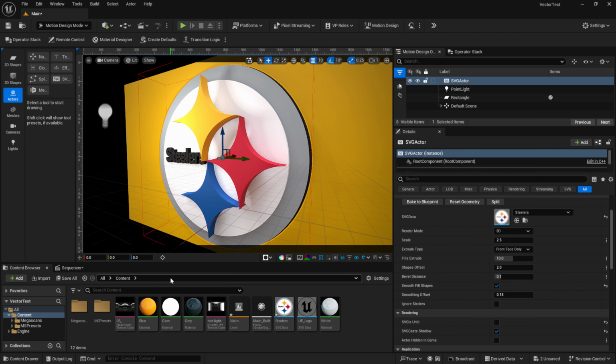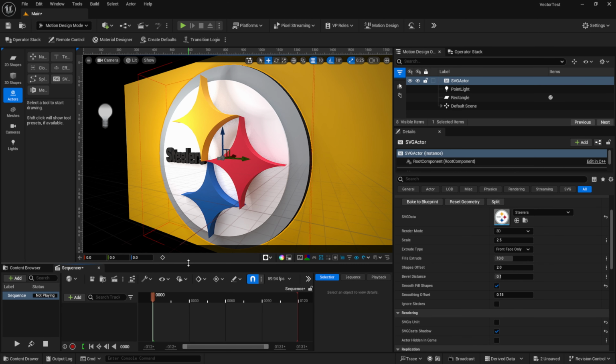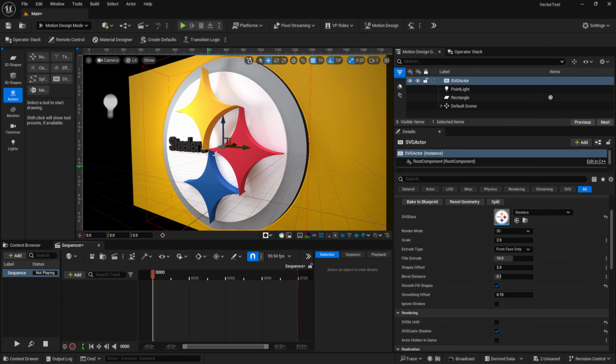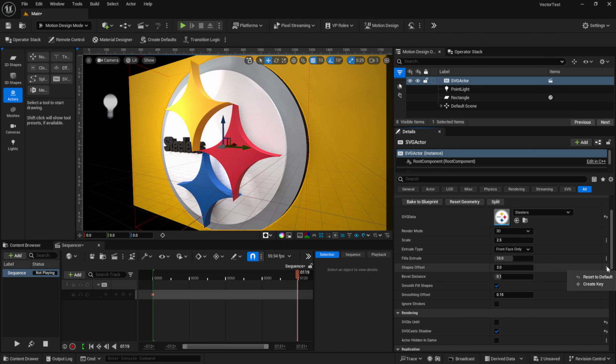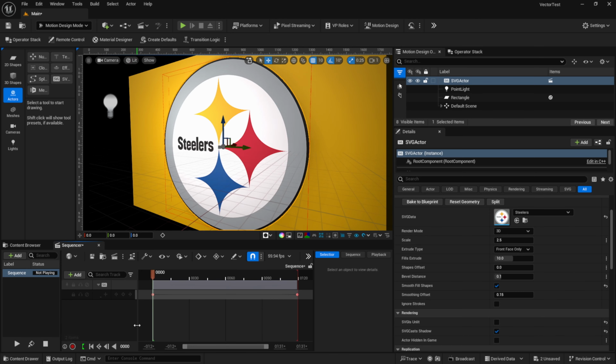So I'm going to come down here into my sequencer, left click, let's bring it up a little bit, and let's say we want to keyframe the offset. So I'm going to take the offset all the way down to 0, go to my timeline, make sure I'm at the beginning here, and right here where it says offset, click on these right here, create keyframe. You saw the keyframe down there. Let's scroll this all the way up like so. Let's do offset maybe 3, lay another keyframe down here. There we go. Now if I come through here and I click on play,